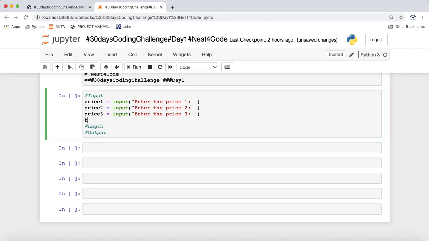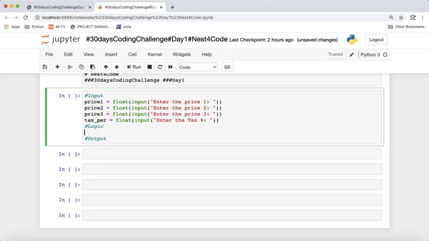And we'll also have a tax percentage as the input, enter the tax percentage. And we know, in Python whatever we read will be in string form, so we have to convert all of this to floats. We are using type conversion as float and not int because we have to handle the decimal values also here. So we'll wrap float around all the inputs provided by the user. Okay, so our input part is done.